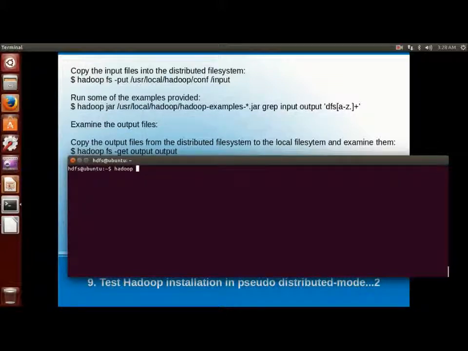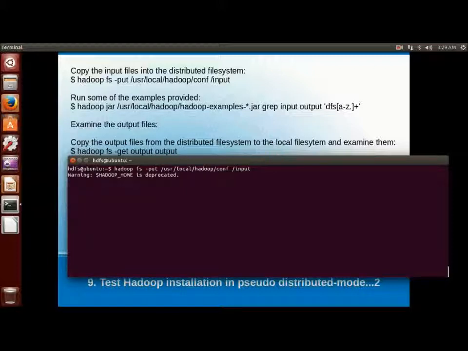To put the files into HDFS we use hadoop fs, where fs is a command for Hadoop and put is an option. Put copies the entire directory into HDFS, so I am putting all the conf files into the input directory.